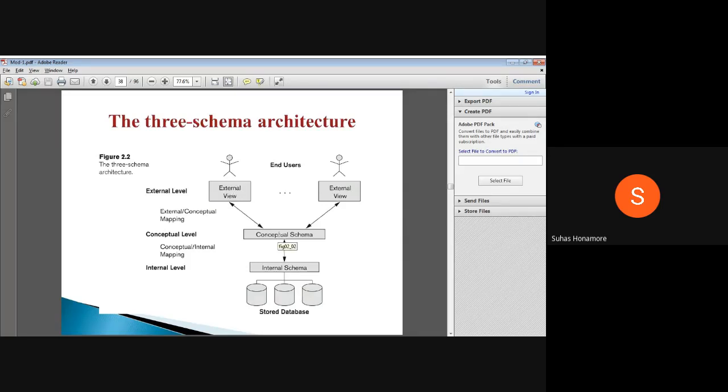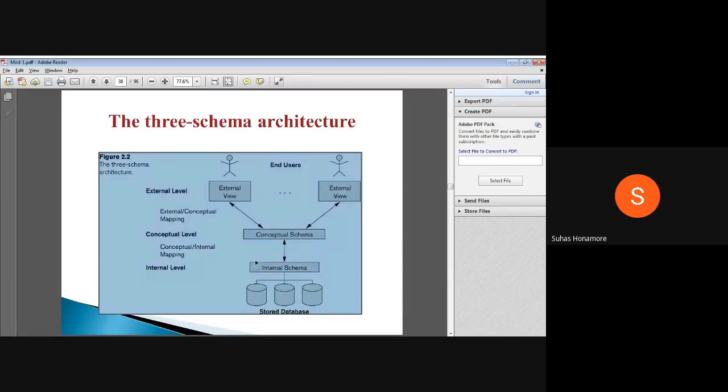And the conceptual level is nothing but how this view has to be provided. For different users, we have to give different views, so how it has to be provided. And the same thing we have to give to the internal level. Can I keep one more column immediately after a column's information or not? Do I have to keep two columns in parallel, or in different places? That kind of thing also has to be decided. So that will be decided here, and it will be given to the internal schema.